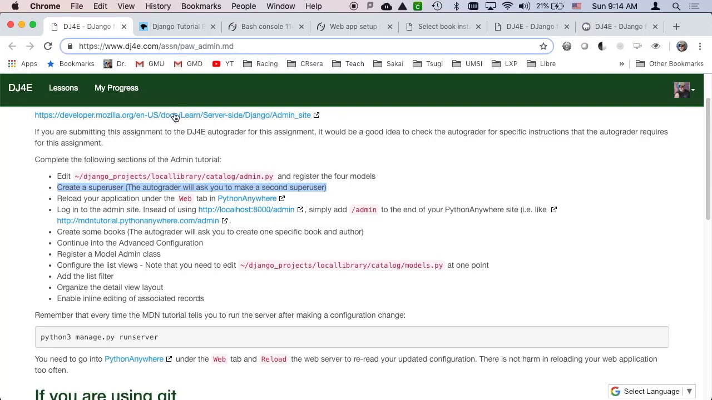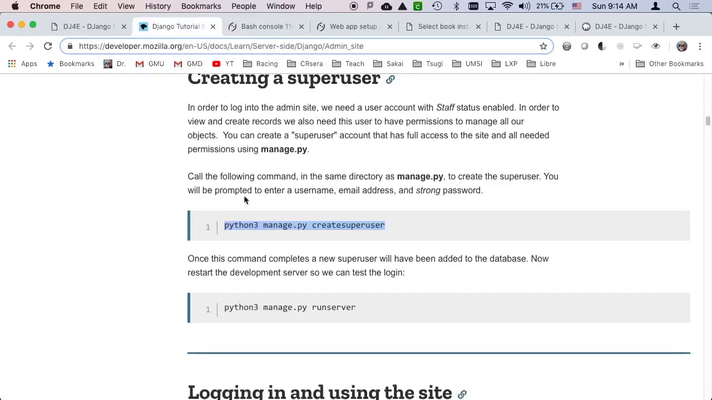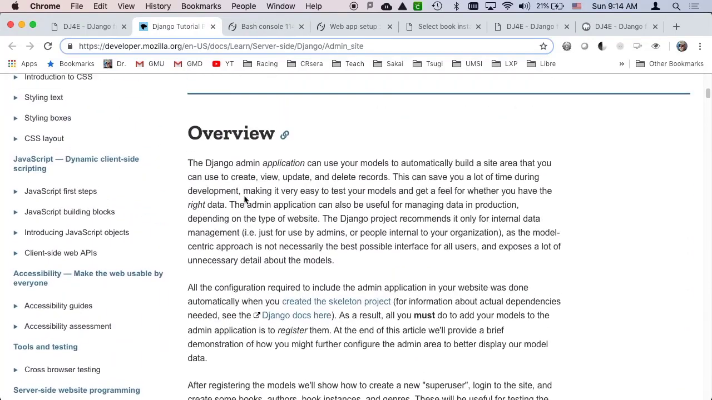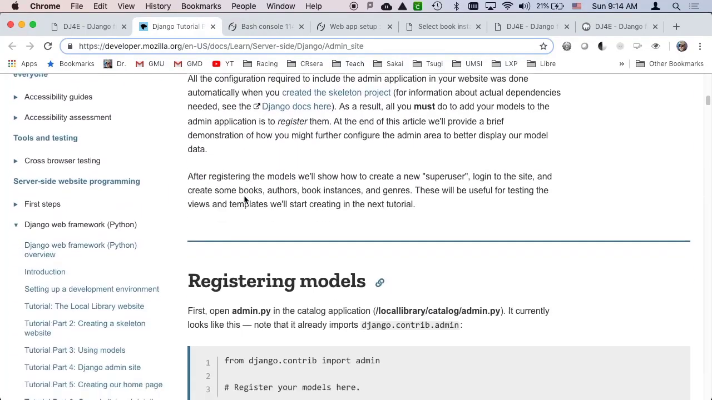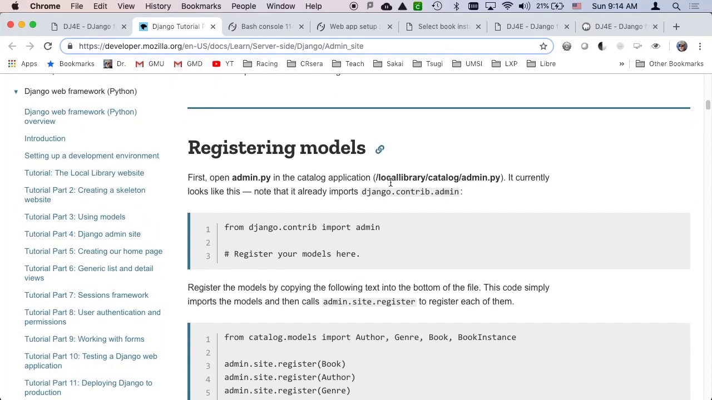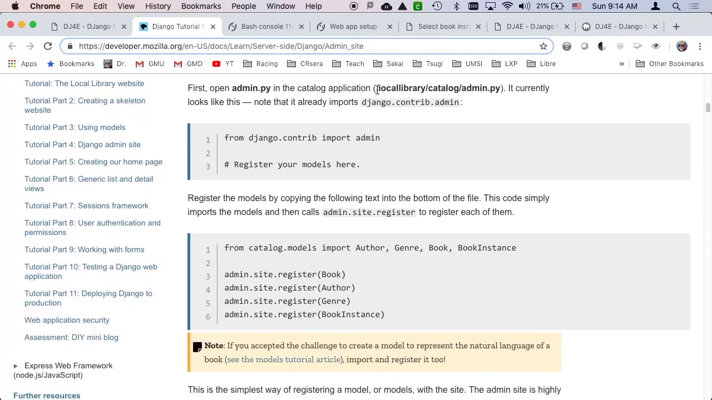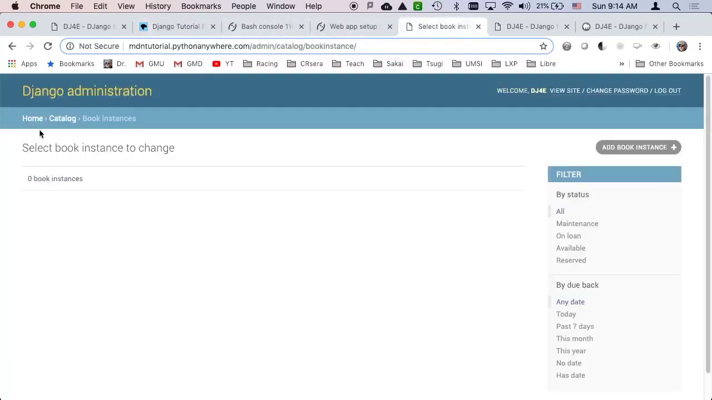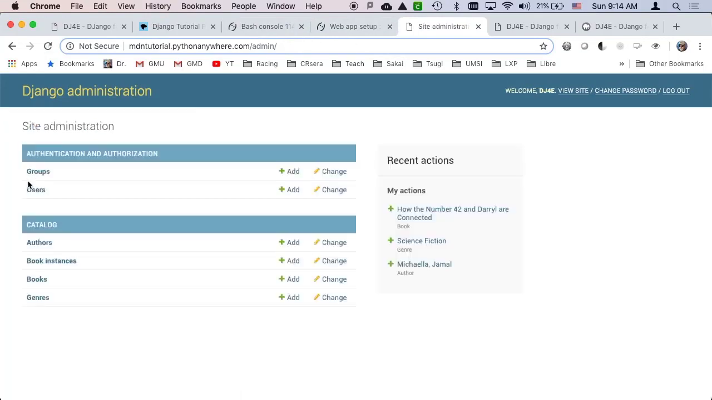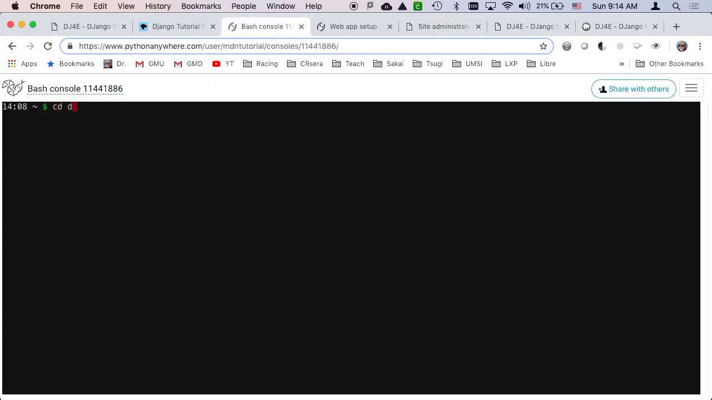So basically the outline of this is we are going to edit a file, this admin file. What the admin file is doing is it's extending this administration, right? And so the administration, before you've extended it, just shows you this. And then you can add this whole set of new models, authors, book instances, books, and genres. And the way that works is,